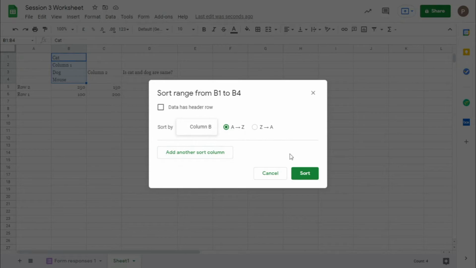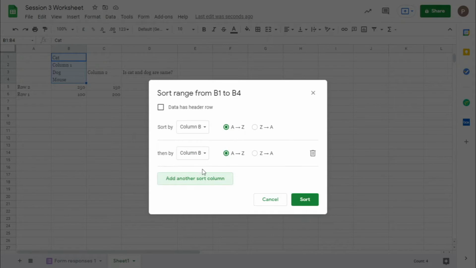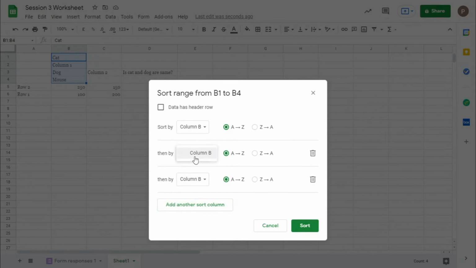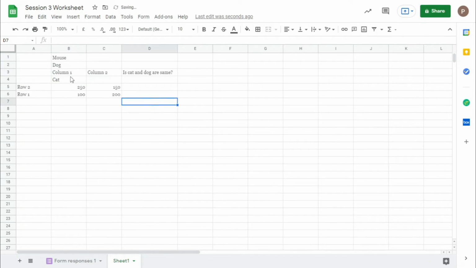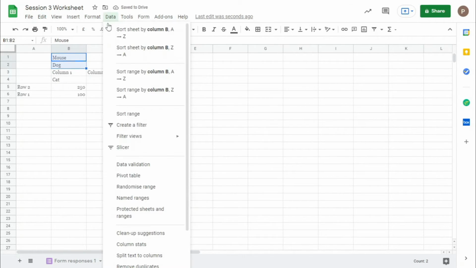Column B, whatever range you can say, then sort by, then by, whatever range you want in whatever format you want, just click sort. It will sort it however you want. If you don't want to use this, then